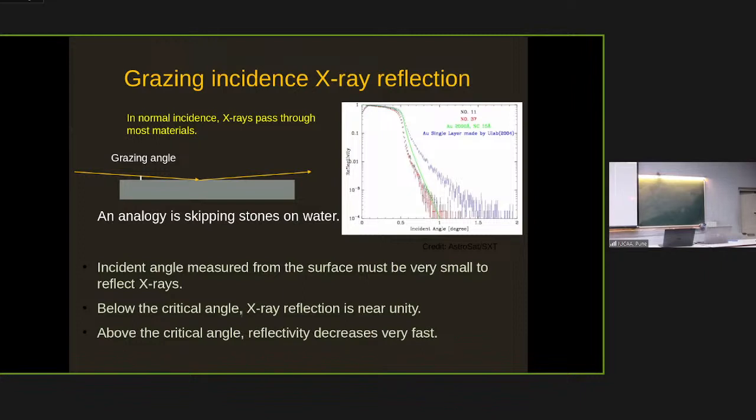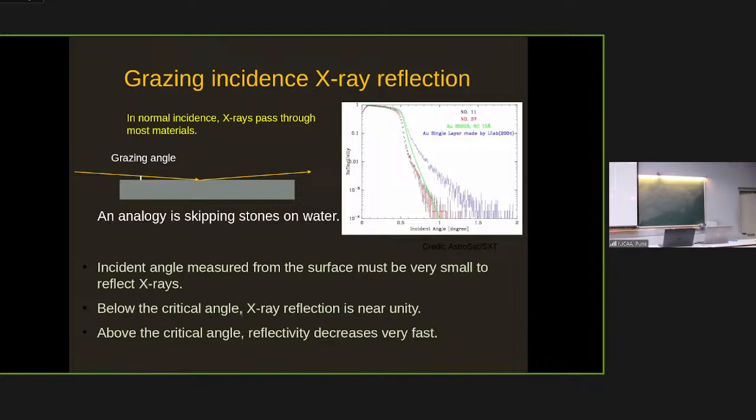So this principle is essentially total external reflection. And that works only if this grazing angle, as I said, is very, very small. If it is high, or if it becomes normal incidence, X-rays cannot be reflected. So for a very small grazing angle, you see here the reflectivity is almost 100%, for example below about 0.5 degree or so. And this angle, what we call the critical angle, also depends on material properties,